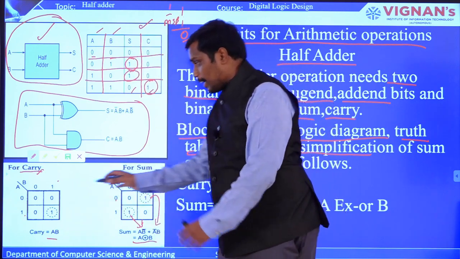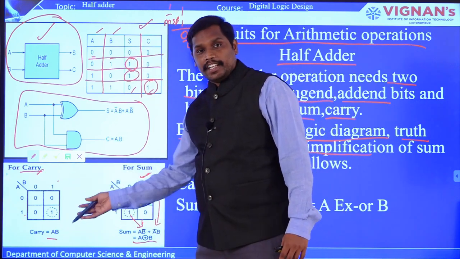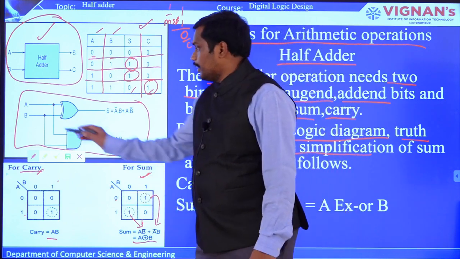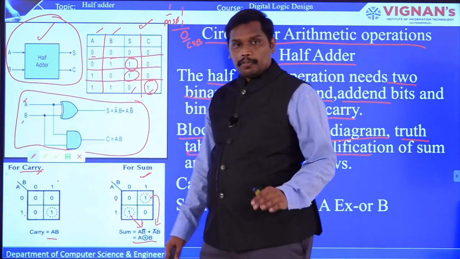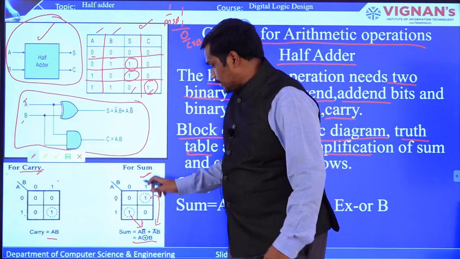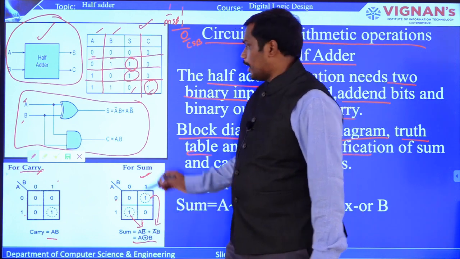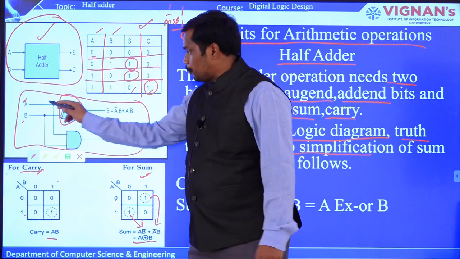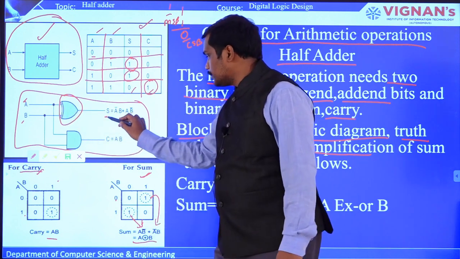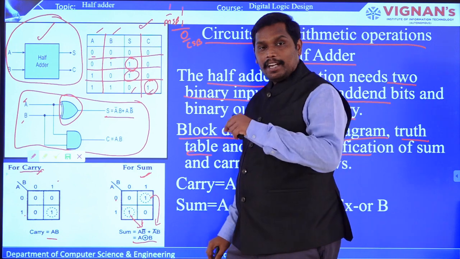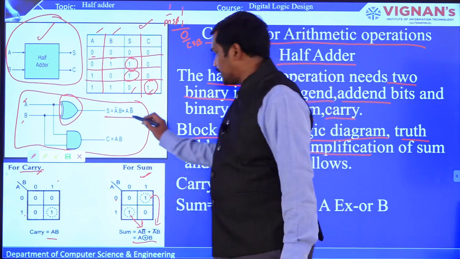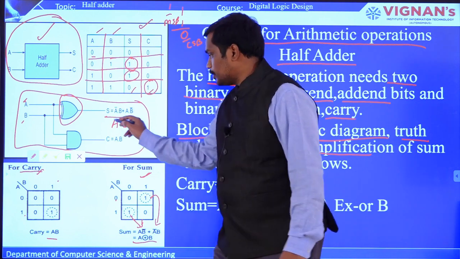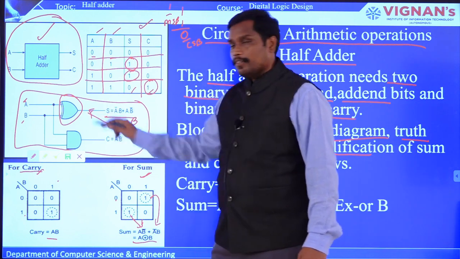Now based on these Karnaugh map outputs, or the expressions that you have generated, you are going to have a logic diagram. In the logic diagram you can see that A and B are input variables, and from the input variables, what is the sum? Sum is A exclusive OR B, so I have represented it with an XOR gate. Inputs are given as A and B to the XOR, and you get sum equal to A bar B plus A B bar, which is A exclusive OR B, right? So this is the gate that we have to use for XOR.